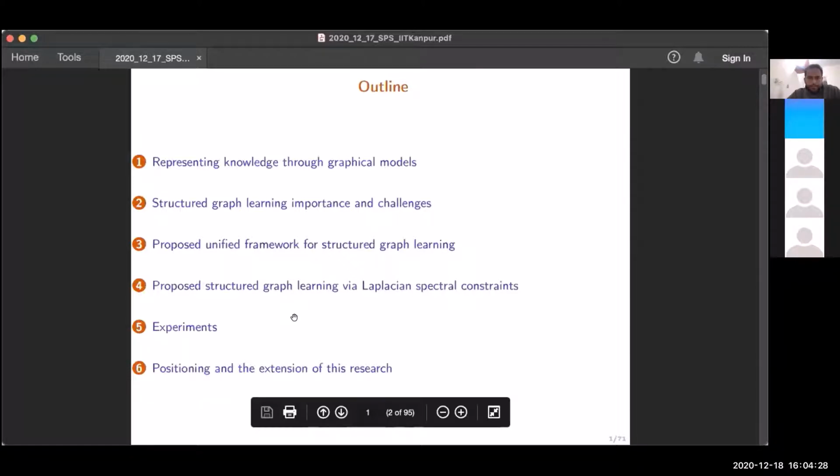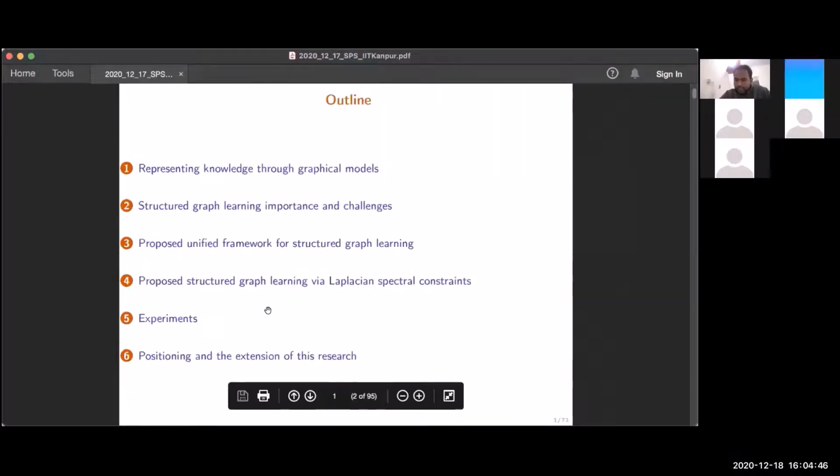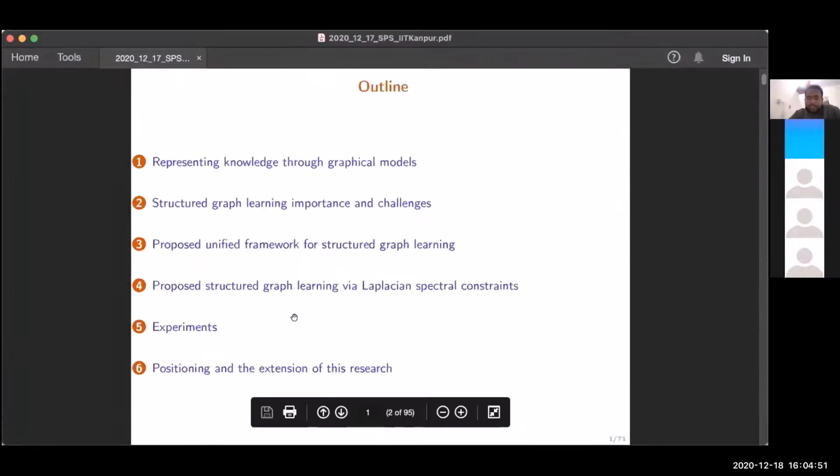Graphical models are pretty useful models, and a very simple mathematical structure to represent knowledge. A graphical model consists of three things: the set of nodes, which could be entities or variables; the set of edges, which capture whether those two variables or entities are related or not. If they are related, then the edge is non-zero. If they are not related, then it is zero. The other thing is weights. Weight captures how strongly they are related. If they are related strongly, then the weight value will be higher. If they are not related strongly, then the weight value will be less.